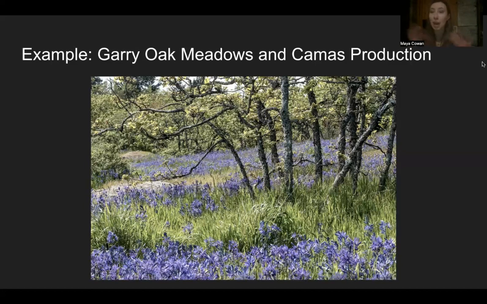It was because of camas production, because they knew that if they burned this land and the Garry Oak Meadow came in, it would be really important for camas, which was an incredibly important food source for these groups. And so this purple lovely flower that you see here is all camas. And I've seen camas not in the Garry Oak Meadow setting, but how do you get a lot of them to grow in one place? It is 100% by creating a Garry Oak Meadow through strategic burning.